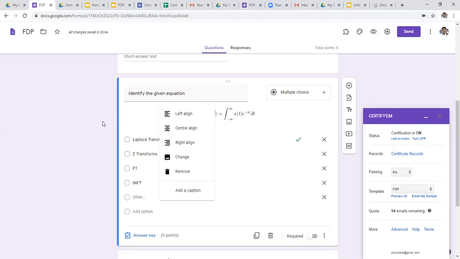After completion of the program, we take the feedback from the participants. For that we create one more Google form. In that we mention that the form is designed for generating the certificate as well as for assessment. Can we do both on a single link? Feedback and assessment, sir? Yes, we can, no problem.